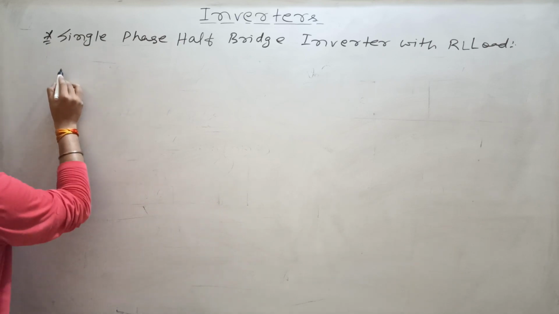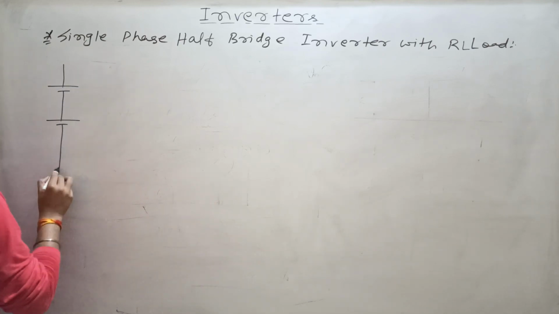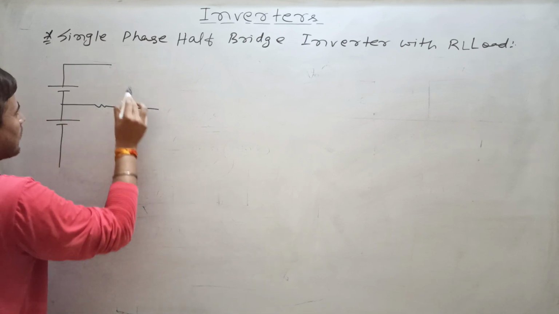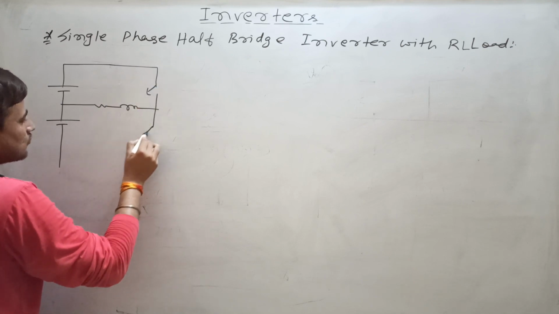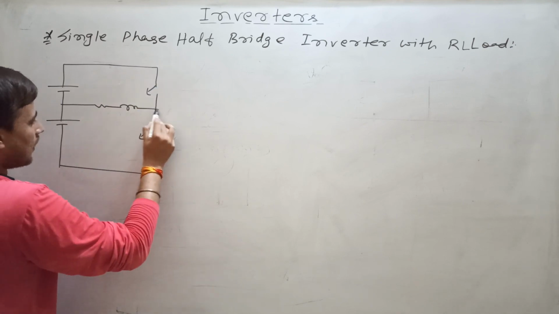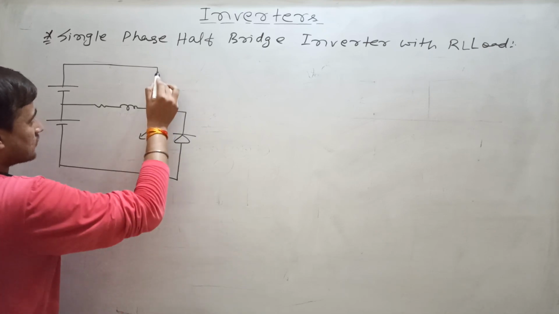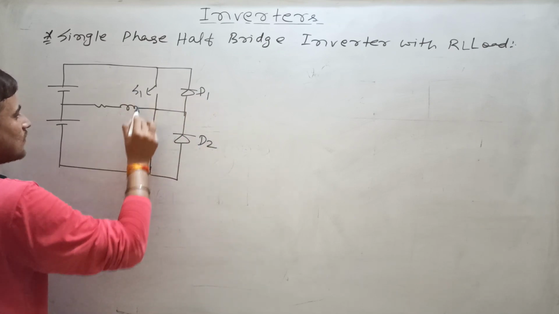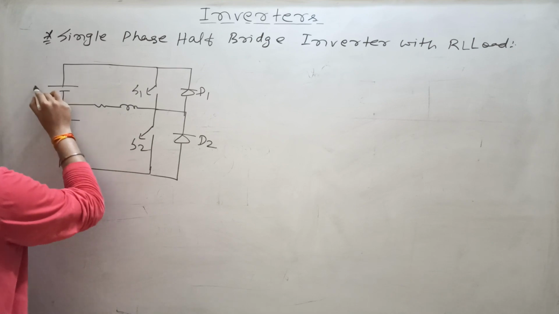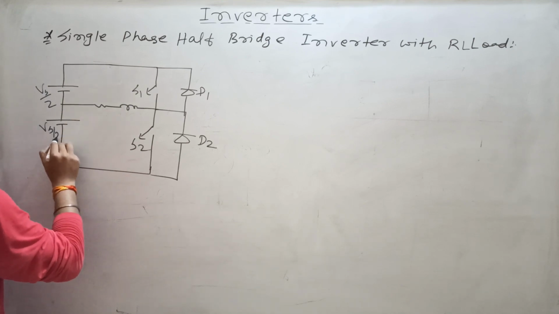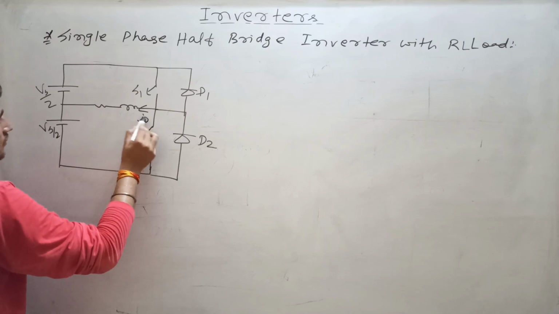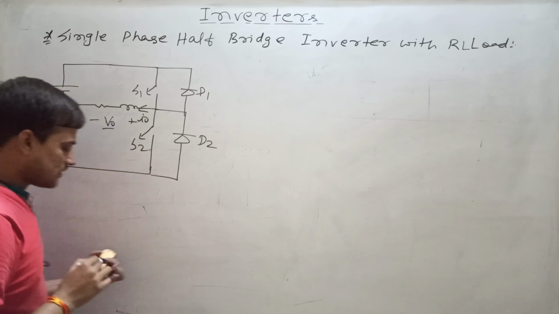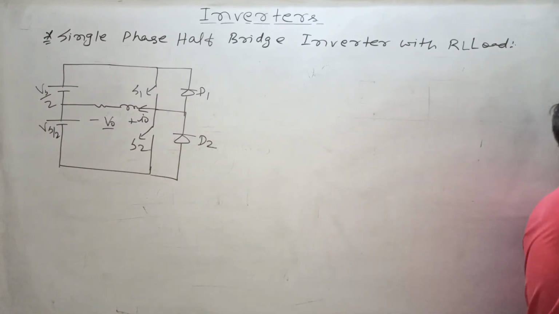So now again you will have to draw the inverter. If you are drawing, the inverter will be like this. Now you are having RL. You are having the switches like this. There will be two switches and there will be two feedback diodes D1, D2. This is S1, S2, Vs by 2, Vs by 2. If it is conducting through this, then reference direction will be I naught, plus minus V naught. Clear? Plus minus V naught.